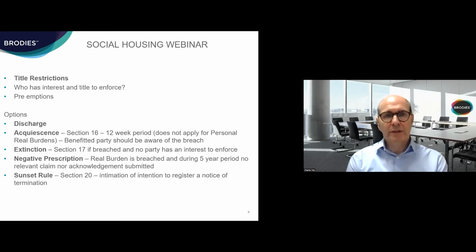It is important to keep that information as part of the title in order to be able to show that the preemption right has been extinguished, as is the provision in terms of the 2003 Act, as a result of it having been properly dealt with at that time. If there's no evidence that it's been properly dealt with, then you probably have to deal with it now as part of